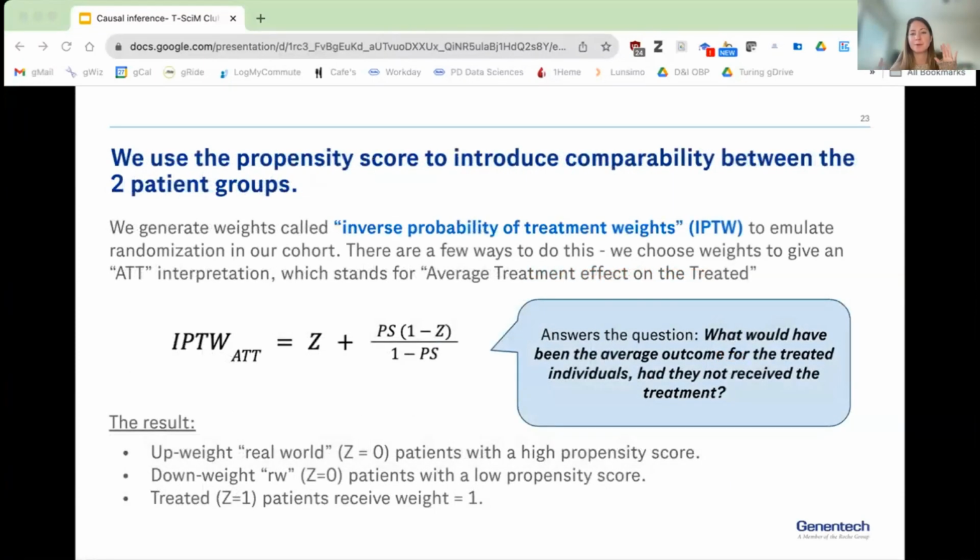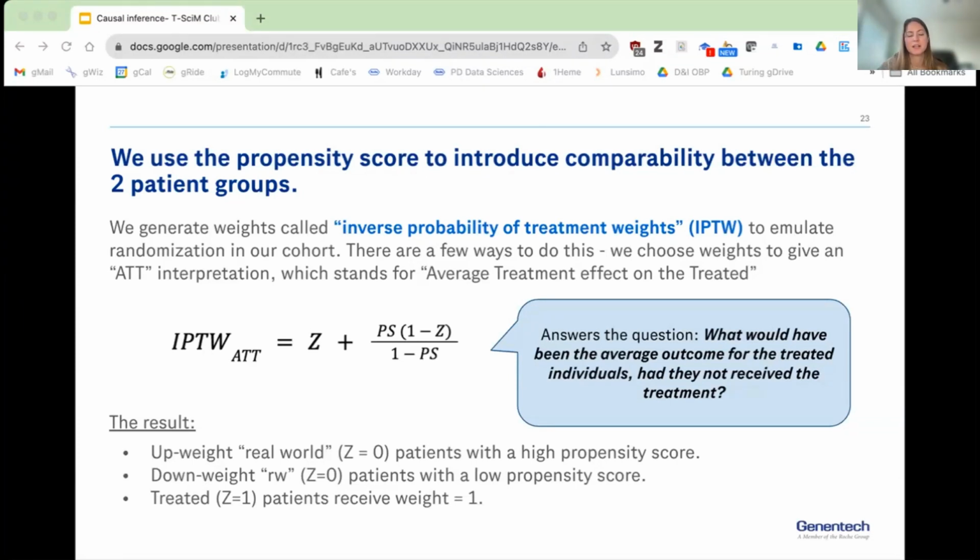This is a busy slide, but really what the propensity score enables us to do is introduce comparability between our two groups through a kind of pseudo randomization. So we use the propensity score to derive weights for each patient based on how close or how far they are to a trial patient. These weights are called inverse probability of treatment weights, or IPTW, because they involve taking the inverse propensity score. And so after weighting each patient, what this gives us is a reweighted patient population of patients who are similar